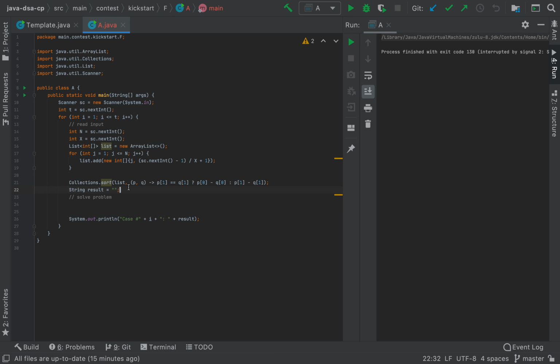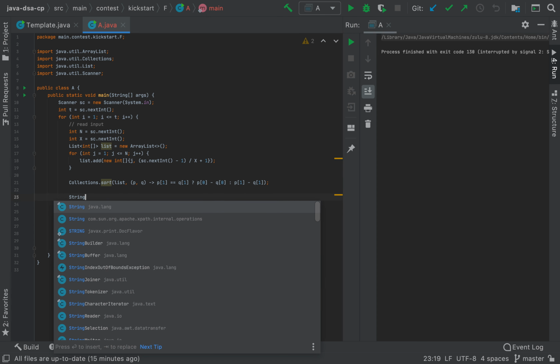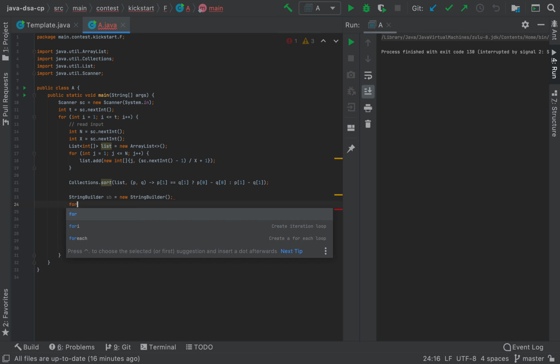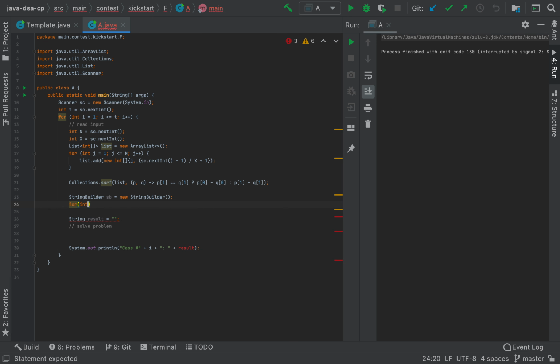Now we will create the result from this. So let's take all the ordering of the person indexes. Let's say a StringBuilder sb, and for each int pair p in the list, we will do sb.append p of 0, the index, plus a space separator.